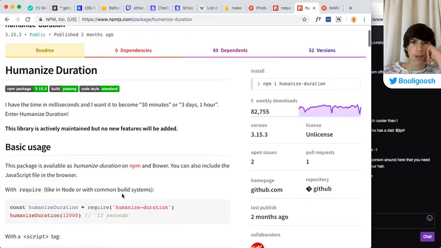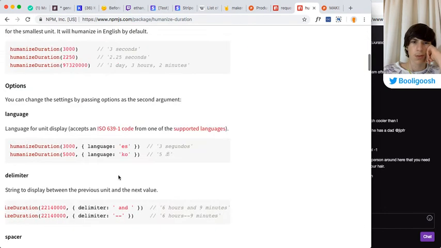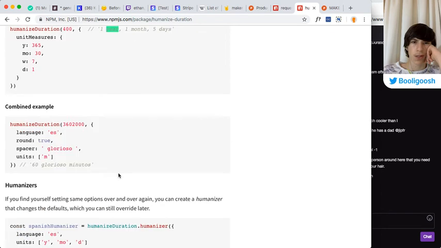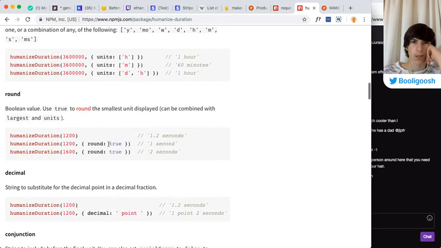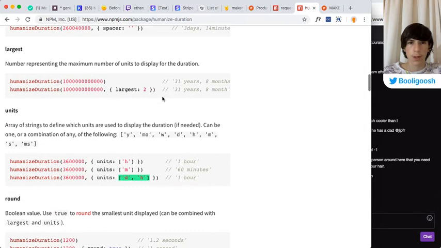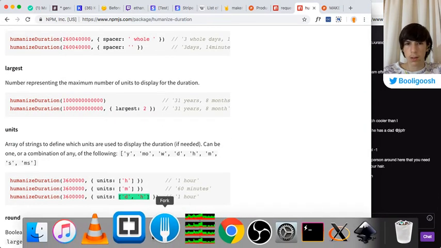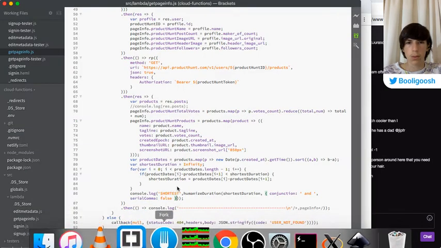I think I might keep it to 3, maybe. Is there any way to say only particular things? Okay, so we can just specify units like that. So all of the units are year. So year, mo.